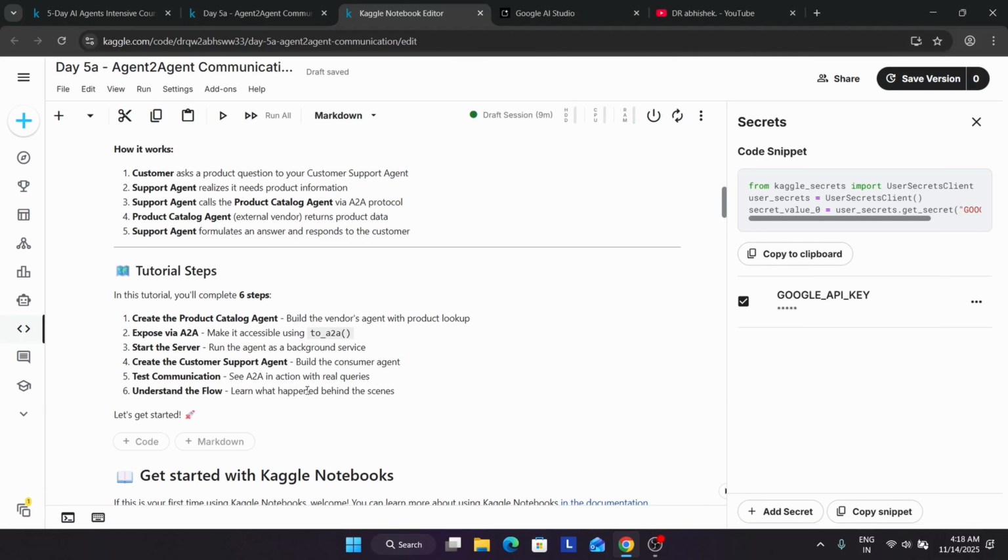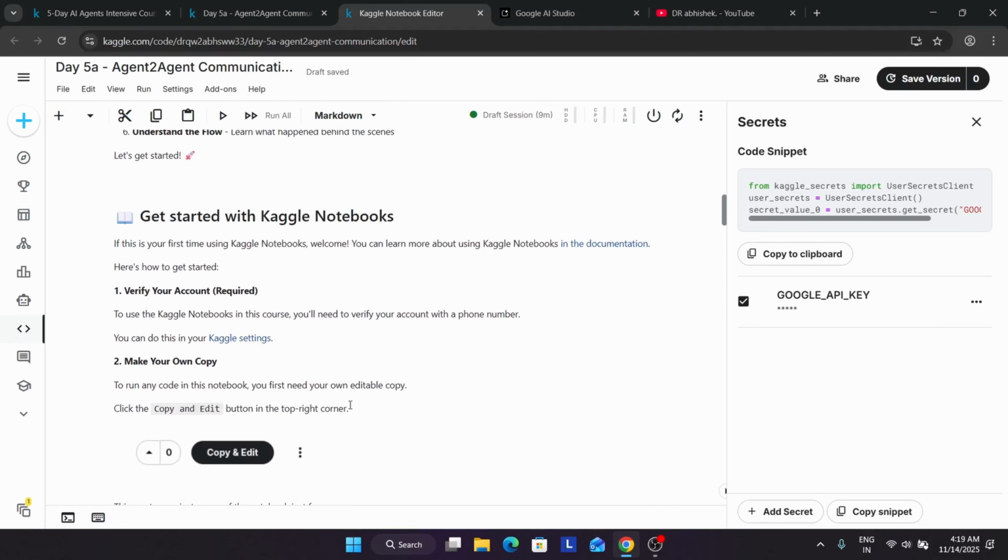Then it returns the product data, that it is in transit or available soon. So like this it completes. Now here we'll complete 6 steps: create a product catalog agent and expose it via A2A, start the server, create a customer service agent, test communication, and understand the flow.